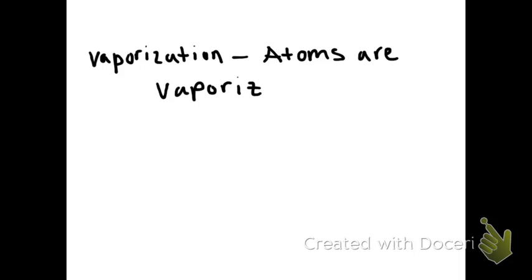So the atoms are basically vaporized. Or in other words, they become a gas. All the elements have to go into a gas. Okay. Now the next step is the